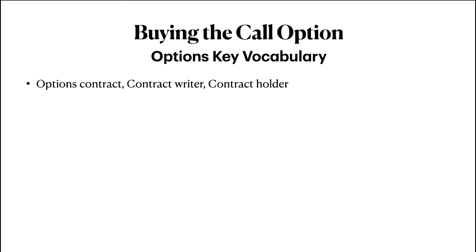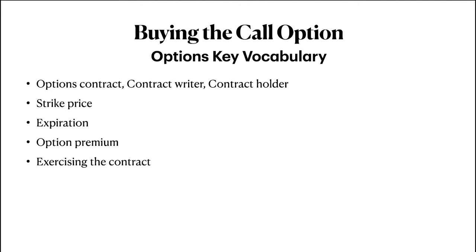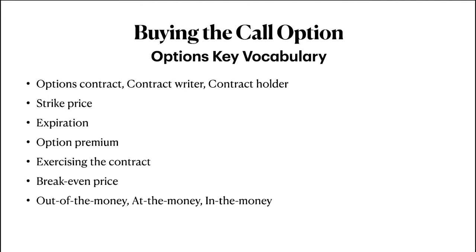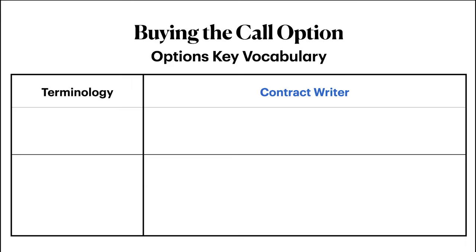So some of that vocabulary would be the options contract itself. What is it? The contract writer, the contract holder, strike price, expiration, option premium, exercising the contract, the break-even price, out of the money, at the money, in the money, and assignment. So those are all words that we'll look at, and I have each of those broken down for you in basic terms and also in a fuller explanation, and I also have visuals to help out the scenario, so let's check them out. So first we have the contract writer,